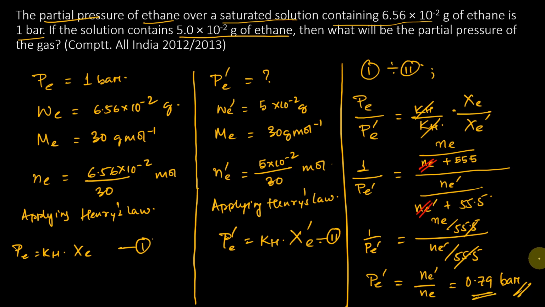किसी को कोई भी confusion है? Why we have ignored NE? Because if we add this to 55.5, it still remains 55.50 something. Okay, so here also same thing, NE dash also, if we add to 55.5, the answer becomes 55.5016 or something like that. So that's why we can cancel NE and NE dash. Is it clear?